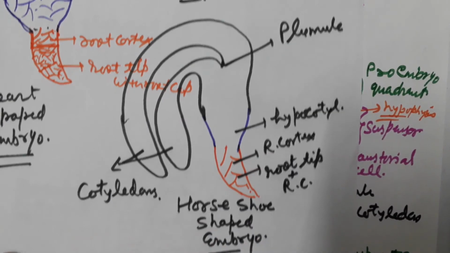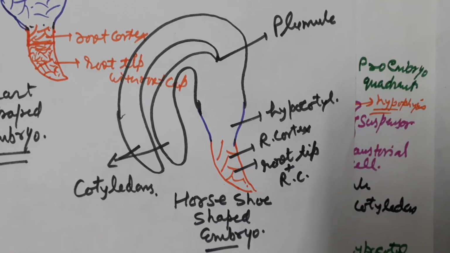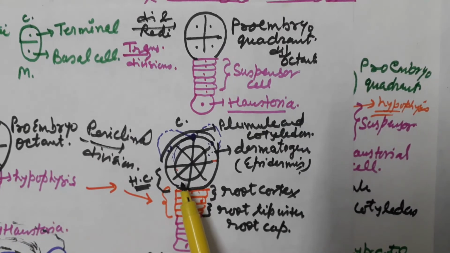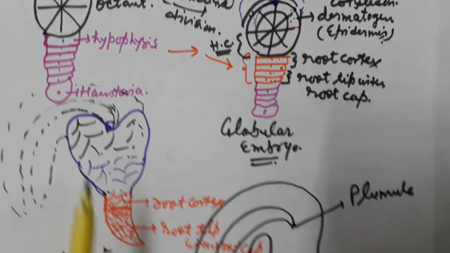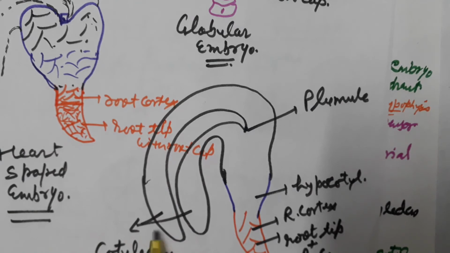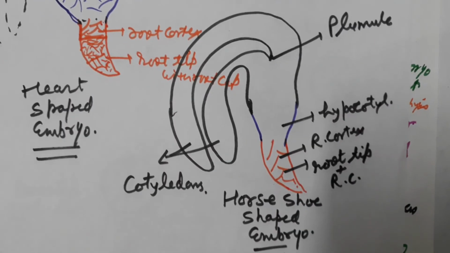Embryo is produced. Sometimes the question is asked how many shapes of the embryo are produced during its development. So first it becomes globular in shape, and then it becomes heart shaped, and then in the last stage it becomes a horseshoe-shaped structure. If we look at a seed,